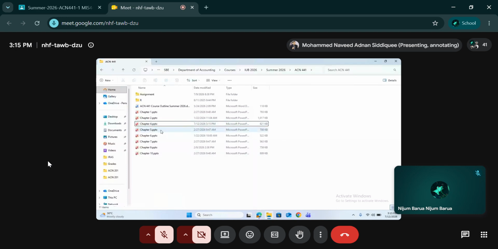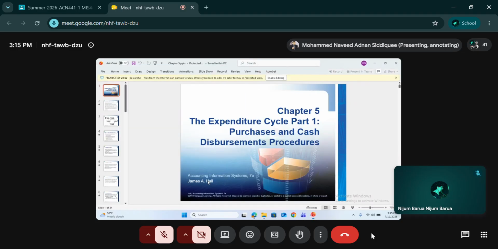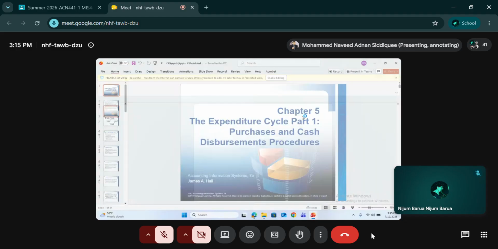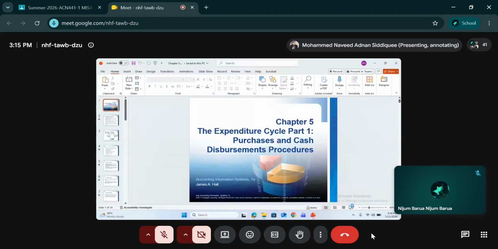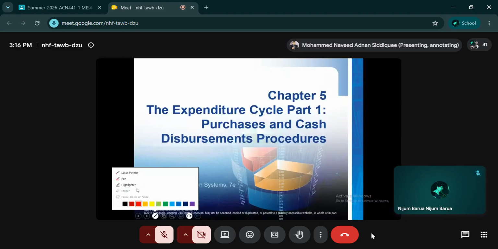And this time we have finished the revenue cycle. So now we will be discussing the expenditure cycle. This cycle is divided into two chapters. The first part of the expenditure cycle, which is chapter 5, part 1, focuses on the purchases and cash disbursement